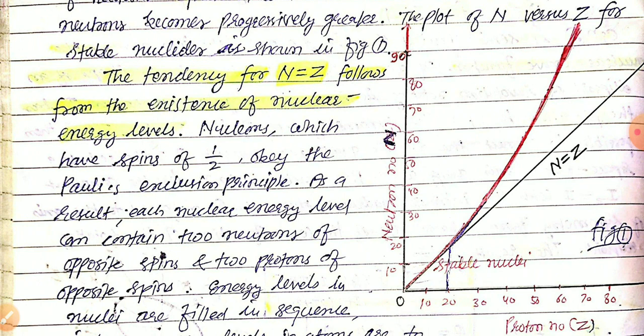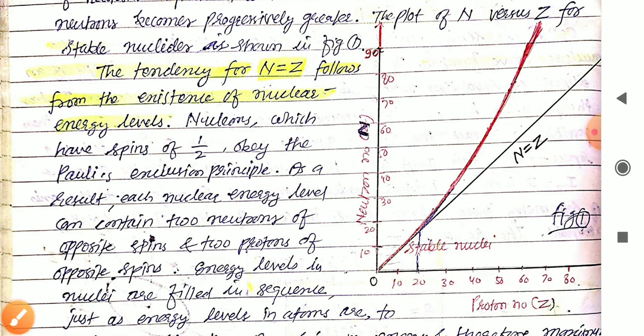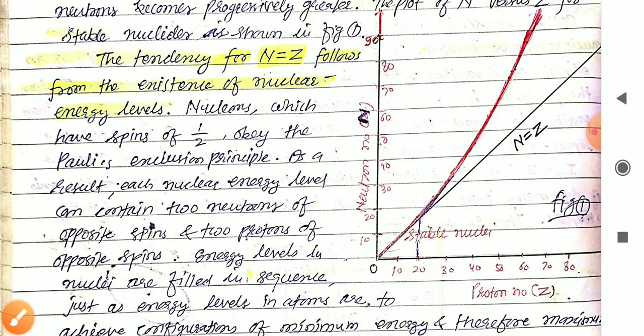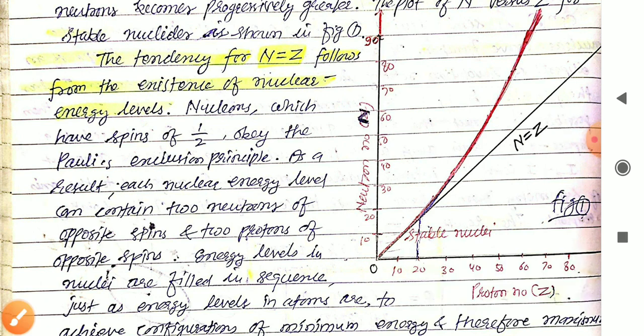The line which is straight shows that N equal to Z. This line shows that N equal to Z. So N equal to Z means this is a stable nuclei configuration, while the other